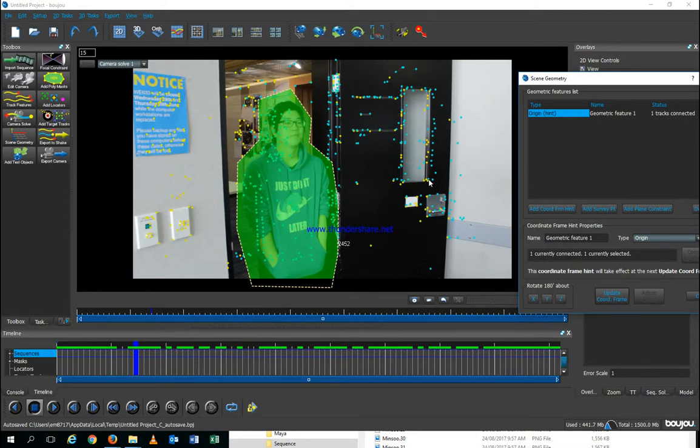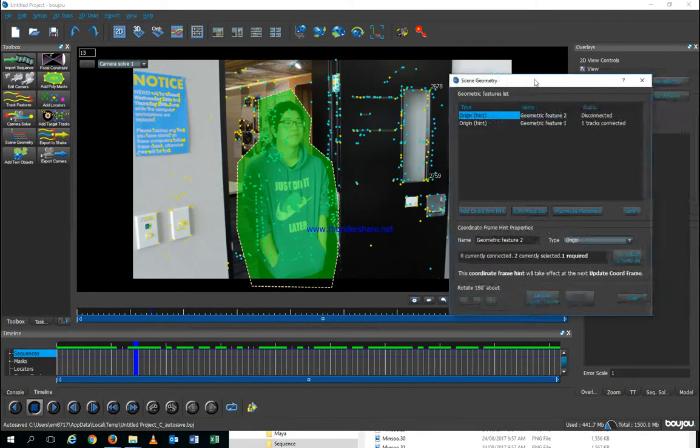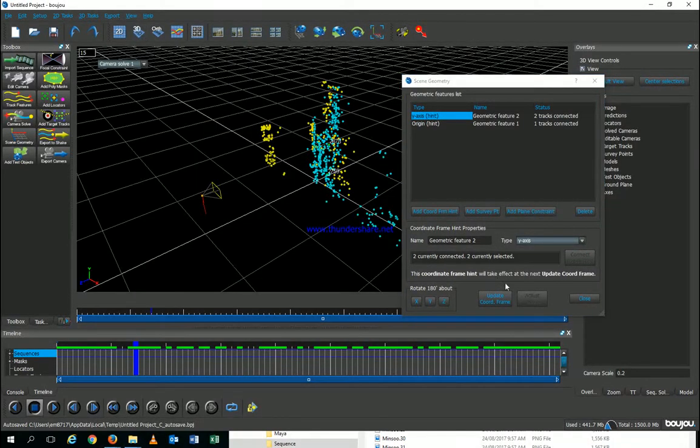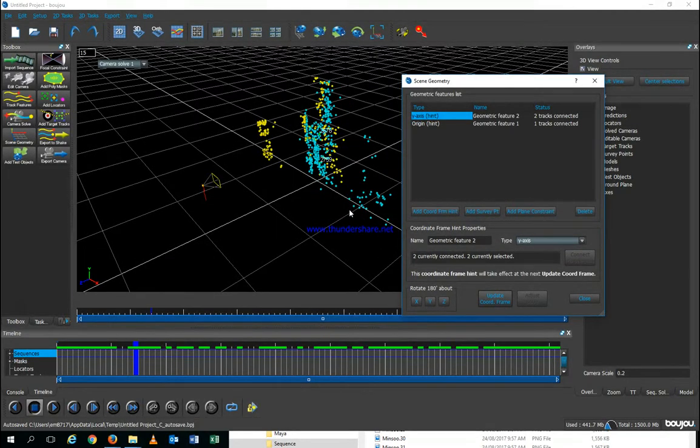So I select this point, shift select, control select the one on top, add a coordination from hint, and I say this is gonna be a Y axis. Connect to those selected, and in 3D when I update, you see it becomes